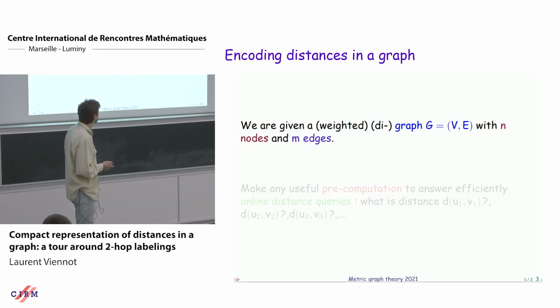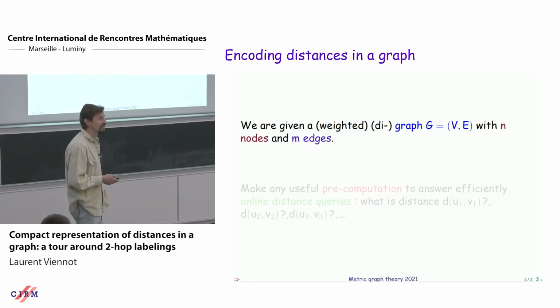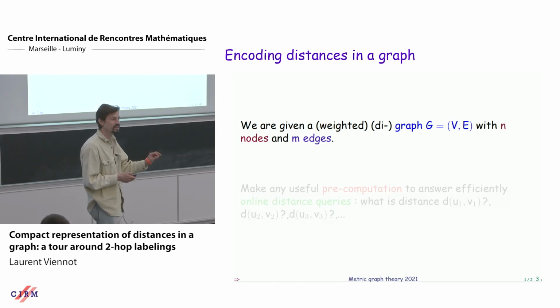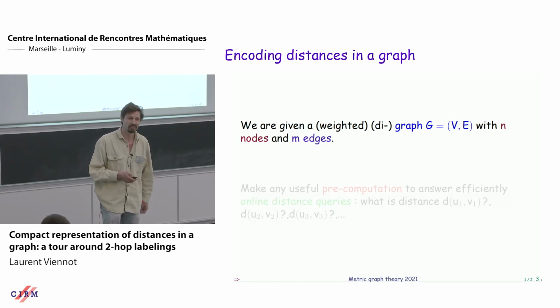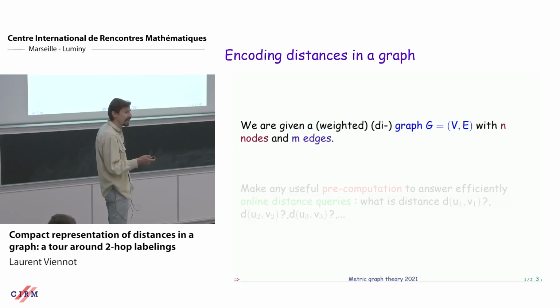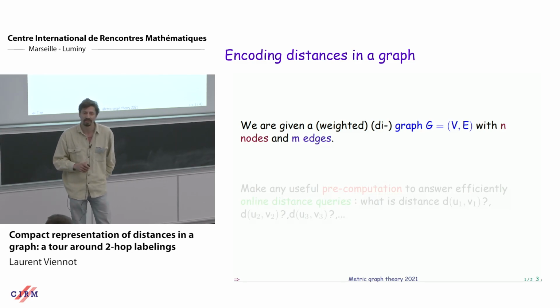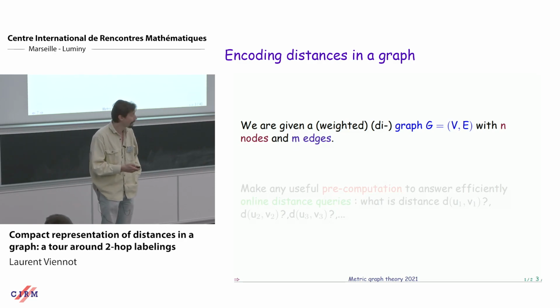So we are given a graph, G, or call it gamma if you prefer, with n nodes and m edges. n will always be the number of nodes and m the number of edges. And the graph can be directed. Everything I will talk about is okay with directed graphs. And you can think that you have lengths of edges. This you can also deal with.